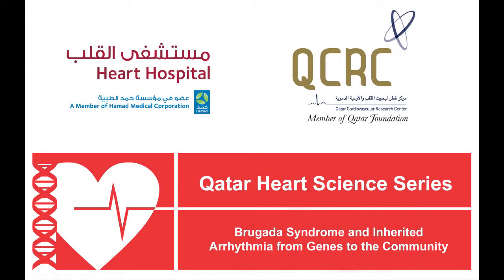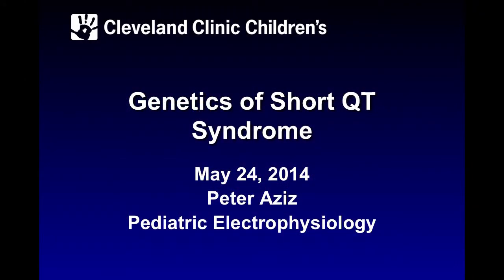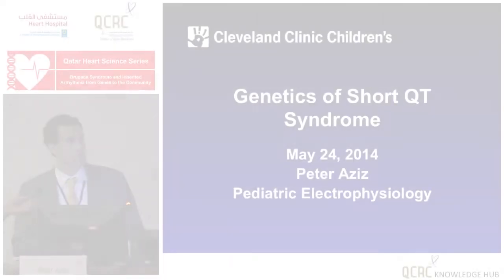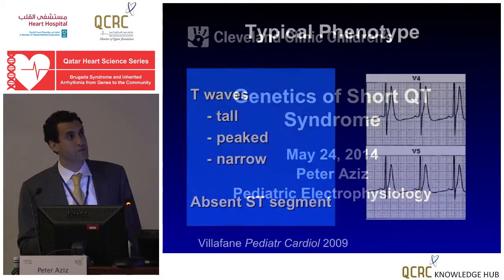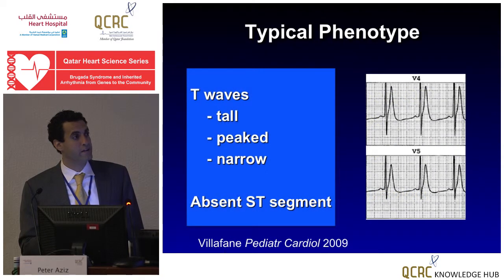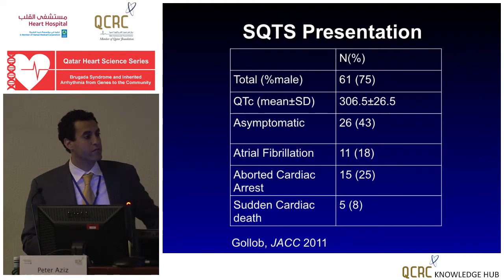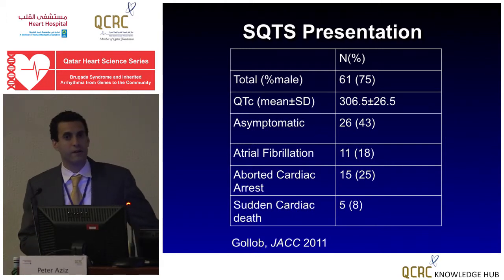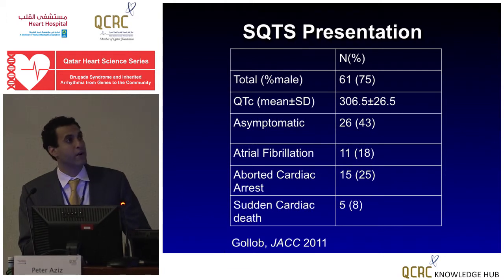So there is some overlap. We'll run over that overlap briefly, but we're going to be talking about the genetics of short QT syndrome. As we discussed earlier in the afternoon, there's a typical phenotype of tall peaked T waves, a short ST segment, and a narrow QT. This is a study that was in JACC, really a retrospective review of all of the published cases of short QT syndrome, and they identified